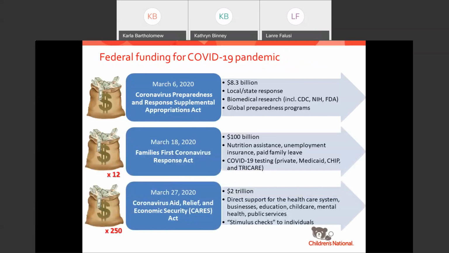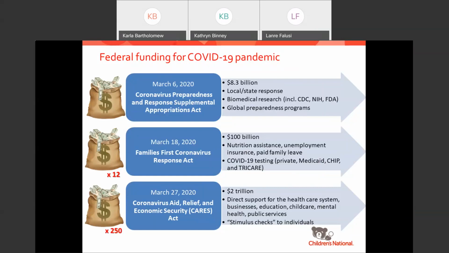And then, finally, thinking also about the federal response. I need to update this slide to include the $484 billion to small businesses that was signed this last week. But the federal government has now released 3 bills to provide support for families and businesses as it relates to COVID-19. I won't go through all of these in detail, but just so you see the sheer amount of money, from $8 billion to $2 trillion